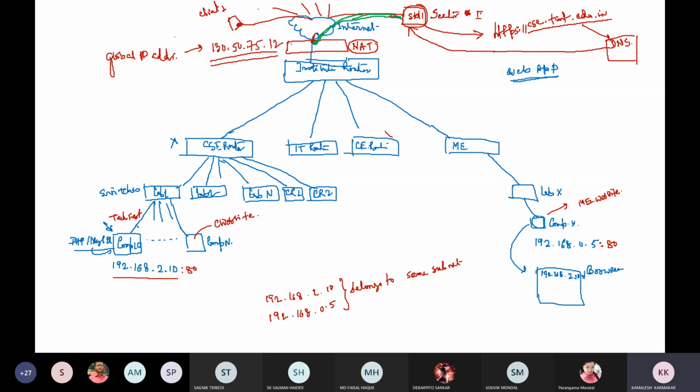This global IP address is assigned to a router or some other device. But the actual application, the PHP application or JSP servlet application, is not hosted on a router. It's not a full-fledged machine. It can perform only the routing operation. It can forward the data and decide the route in which the packet needs to be forwarded. But a router cannot hold a web application. So the application is not installed in this device. If the application is not in this device, then how will this application run?